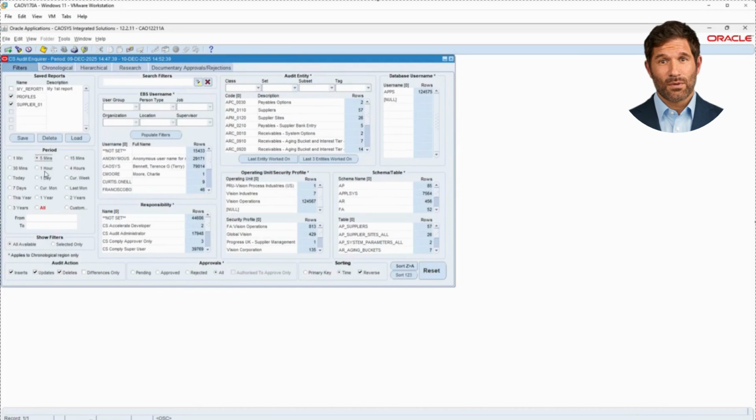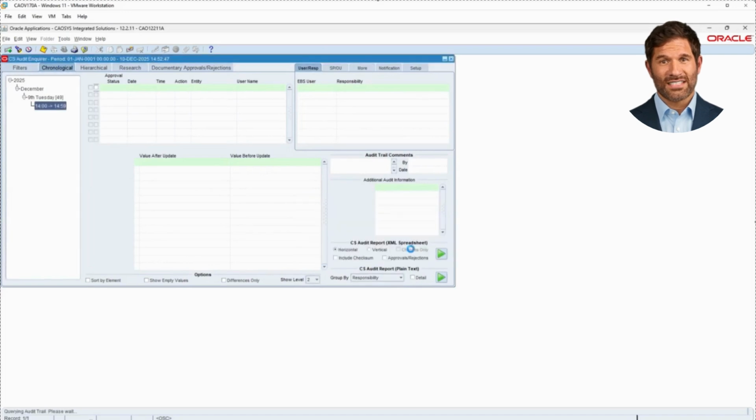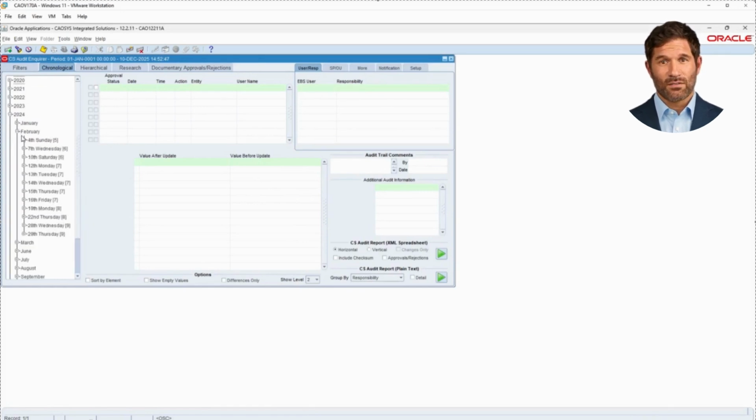If I choose a time period of, let's say, all, and then go to chronological, it will immediately give me a warning that we are interrogating a lot of data. But if I click yes, we then get a year for each of the years that's in the audit trail listed down the left-hand side. If I then expand 2024 and go to February and then go to Saturday the 10th between 2 a.m. and 3 a.m.,